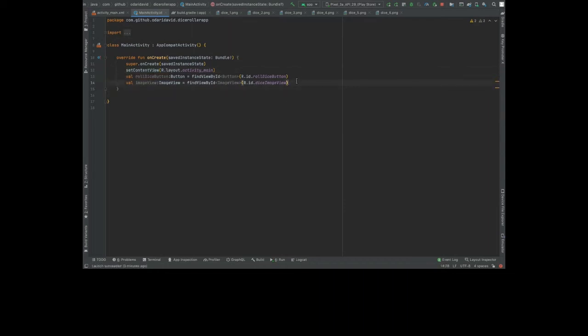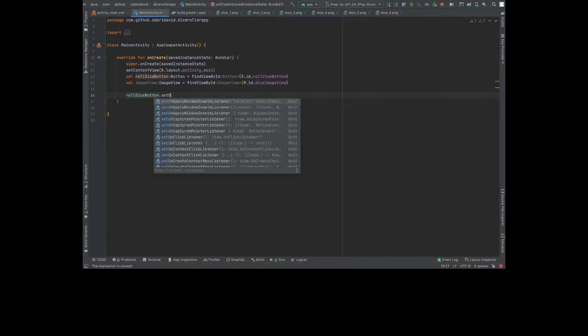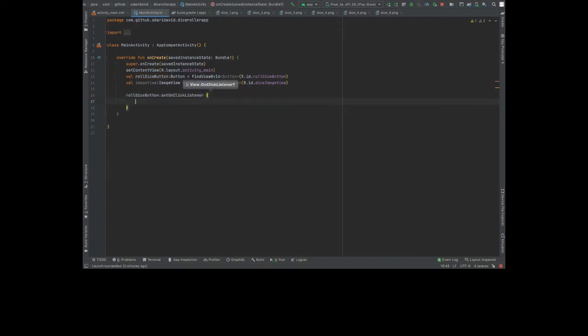So we want something to happen each time we roll the dice, right? So you can say roll dice button, and there's this method called set on click listener. What this does is it registers a click listener. So each time someone taps the button, it will run whatever code you write over here, right? So for example, if